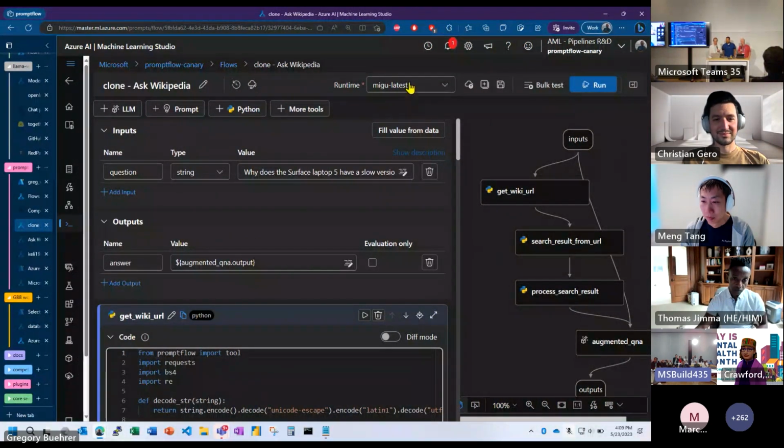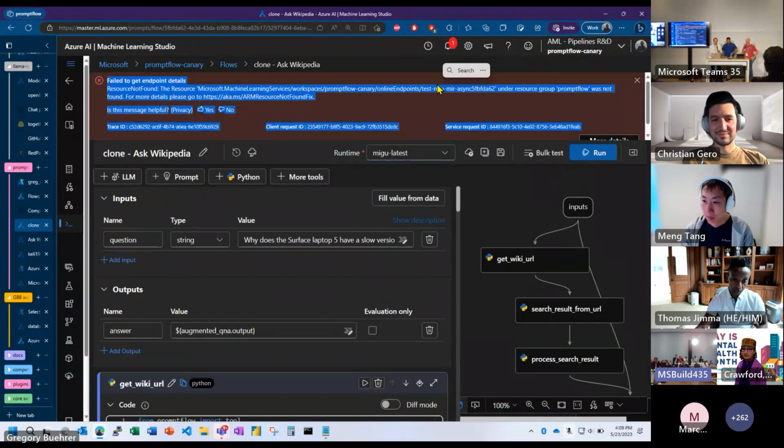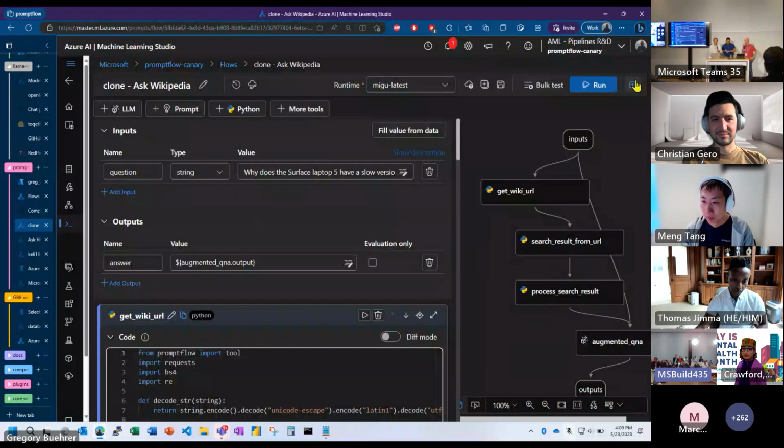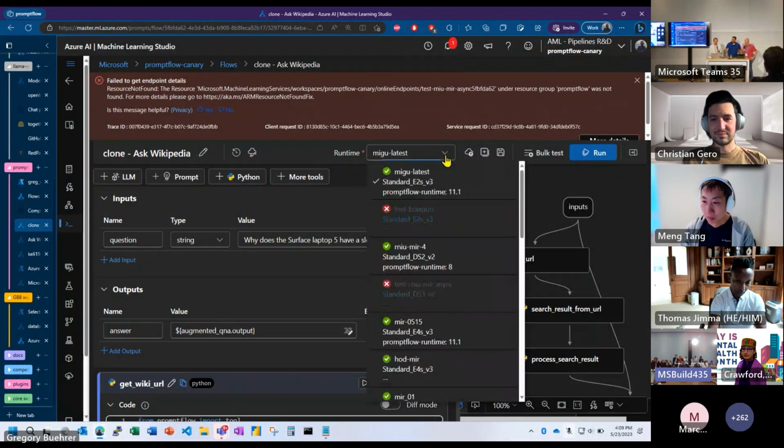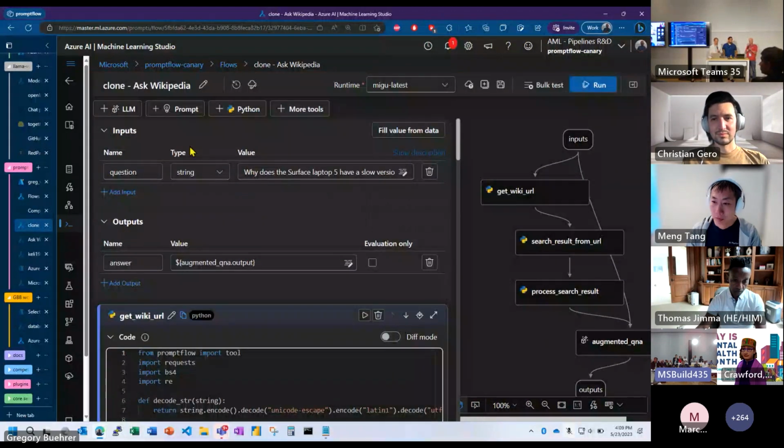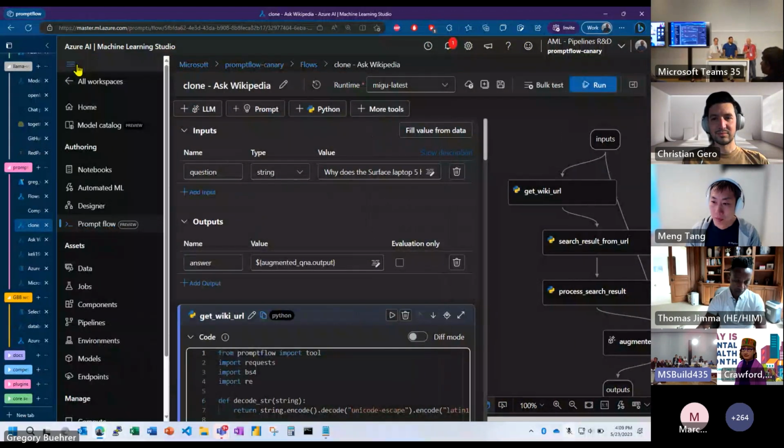Yeah. But this is where you can pick the environment. So I should go to my workspace. Here you can see all the environments, the runtimes that I can pick from. So you can have multiple. We thought about being able to put it on a cluster, but it's such a lightweight thing that throwing it on the compute instance makes a lot of sense. And you could pick a little tiny one, and we may enable compute clusters in the future.